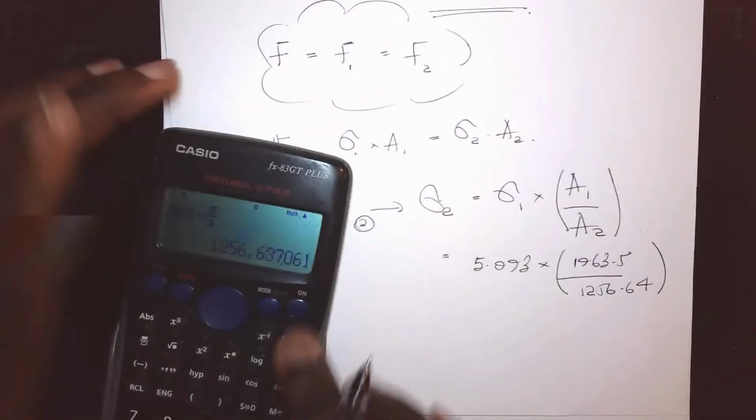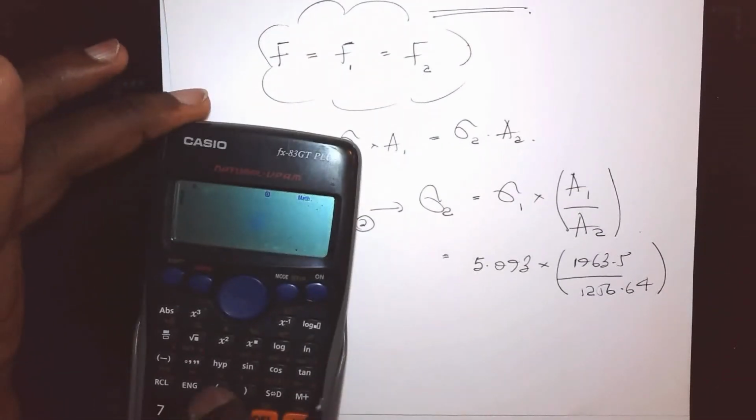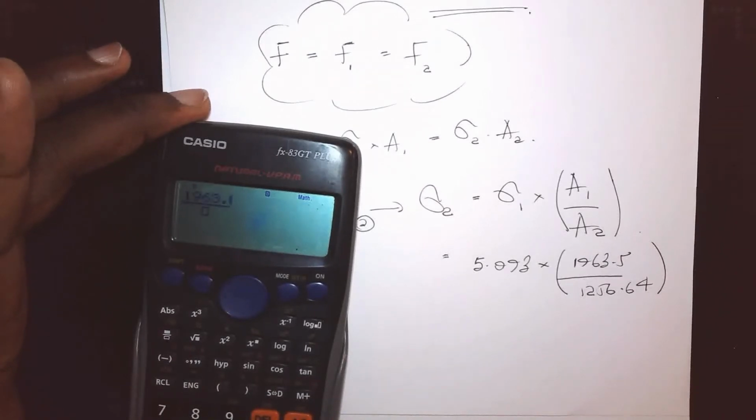So if we bring our trusted calculator, this becomes 1963.5 divided by 1256.56. Multiply that by 5.093, and that gives